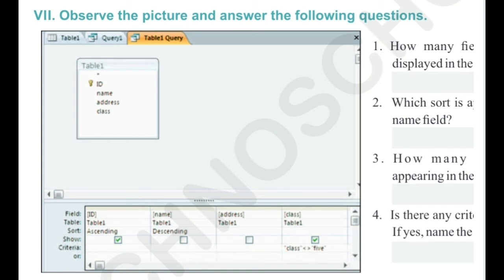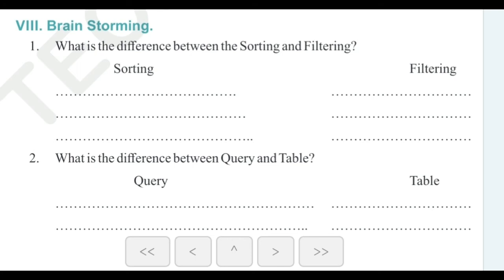It's a simple exercise. You have to give your own writing here. Understand the questions, give real-time examples and write your own sentences. Let me explain the question here. The first one: what is the difference between sorting and filtering? Sorting is the process where we can sort the records ascending or descending. Filtering is what records or data we need from the table. We can retrieve data from the table. It's filtering. So give your answers with your own sentences and write your answers clearly here.